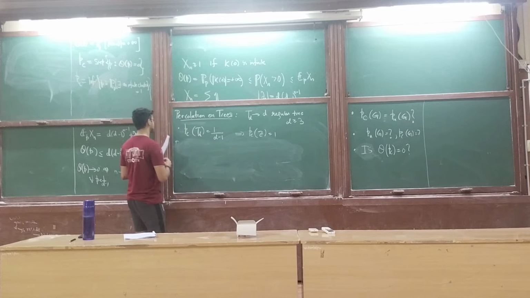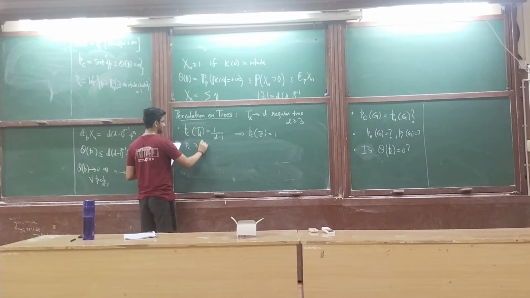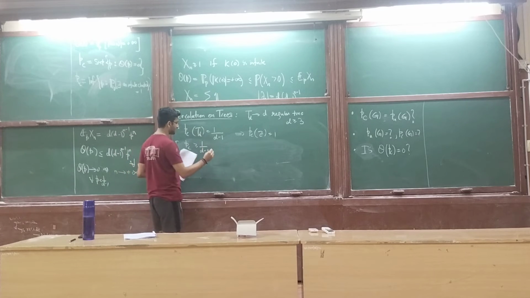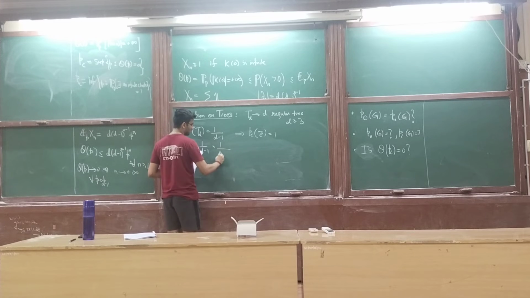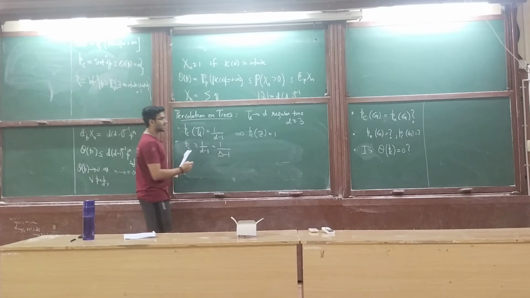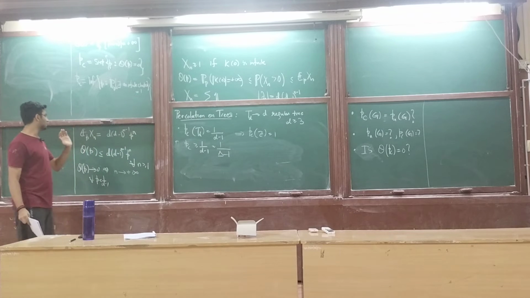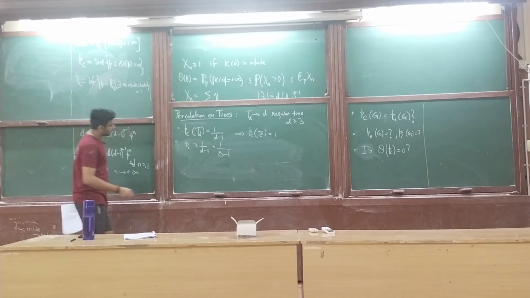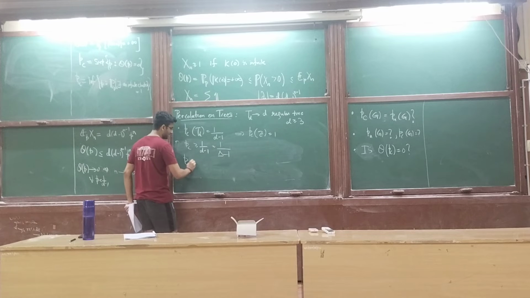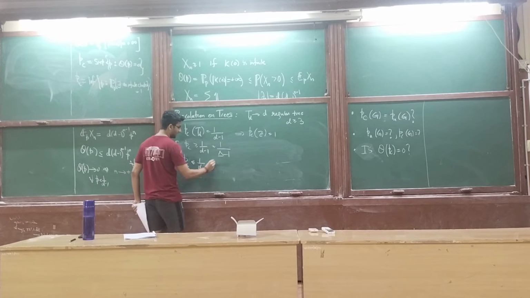So we've only shown that pc is bigger than or equal to 1 over d minus 1, and in fact, like you said, you can also show that it's bigger than or equal to 1 over delta minus 1, where delta is the maximum degree, by the same argument. I have not used regularity there. And now if you want to show that pc is less than or equal to 1 over d minus 1 for a regular tree,